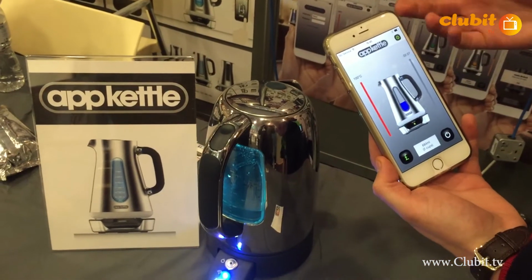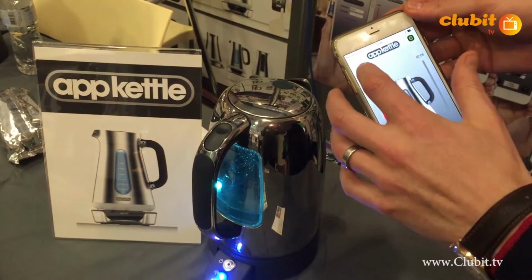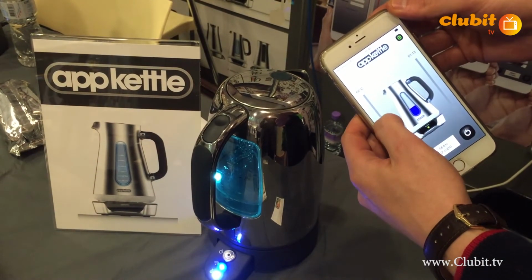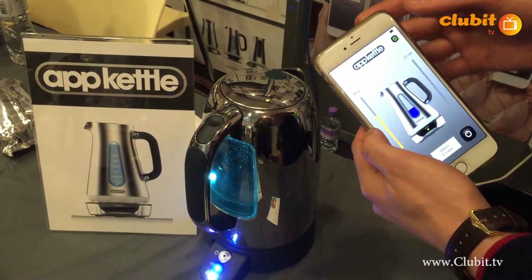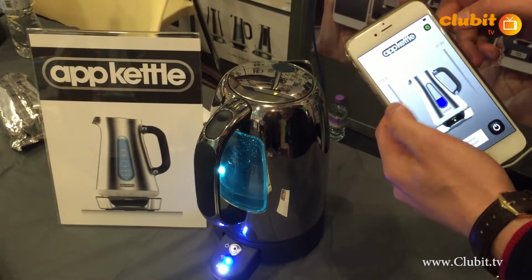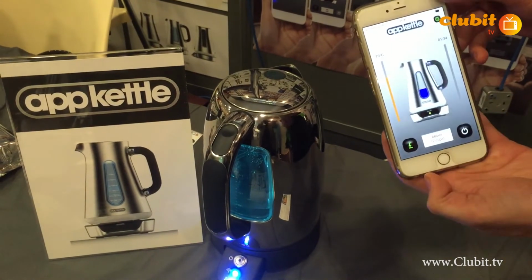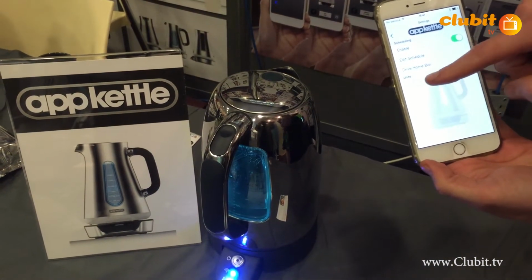So let me introduce you to the AppKettle app. So essentially what we've got here, it gives you the temperature on this side. You can control it through your fingers. You can pick any given temperature in any degree. It then works live so that you can see the time have you increased the temperature. So you can see how that's working through with our technology. The next thing is you've got the amount of cups that it can sustain for the volume that you've got. You can change the different units,